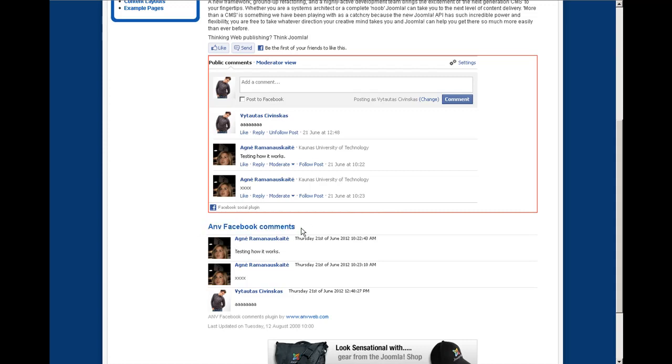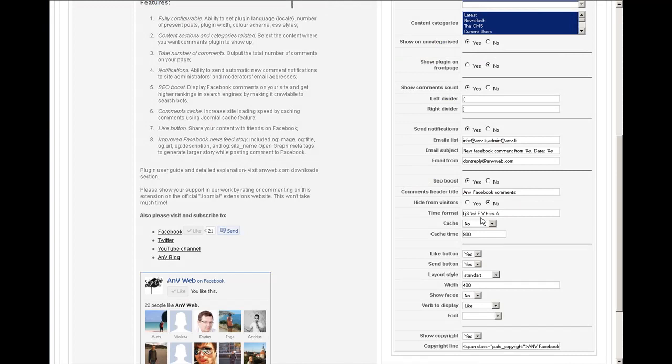Okay, so you can also change some attributes here, like the comments header line. Okay, let's say comments. Okay. The next attribute is hide from your visitors. So you can hide these comments from your visitors